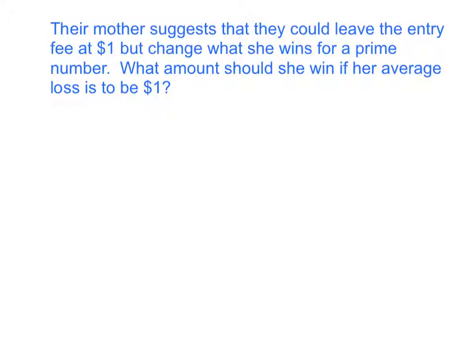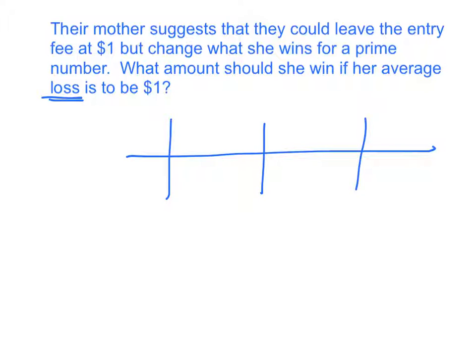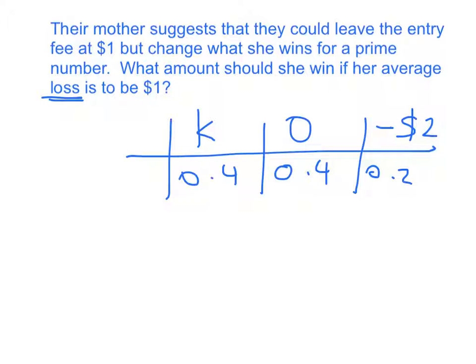Okay, on to the next variation on this. Right, so now their mother suggests that they should leave the entry fee at $1, but change what they give her for winning when the oven timer stops on a prime number. So what amount should they make that be if her average loss is to be $1? Okay, so what we're trying to solve here is, the probabilities aren't changing again, 0.4, 0.4, 0.2. And then up here we're going to have the amount she wins for a prime. We'll make that k this time. She's going to get 0 for a non-prime and negative 2. And then the fee